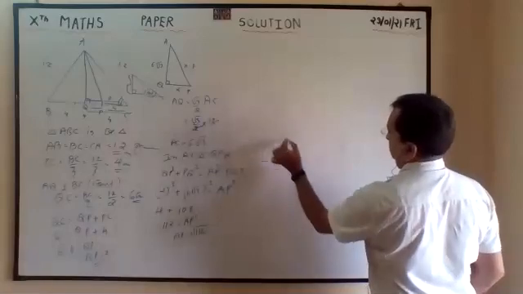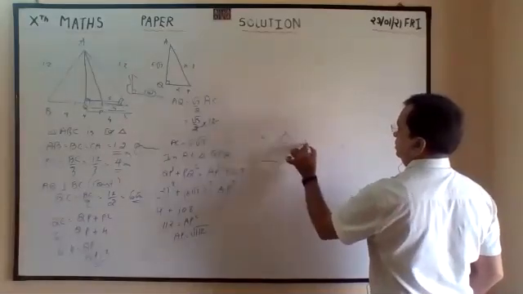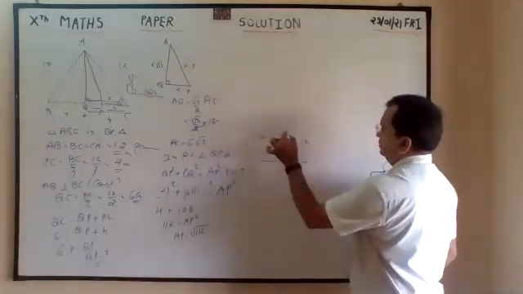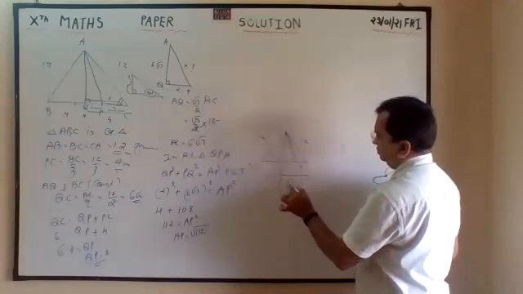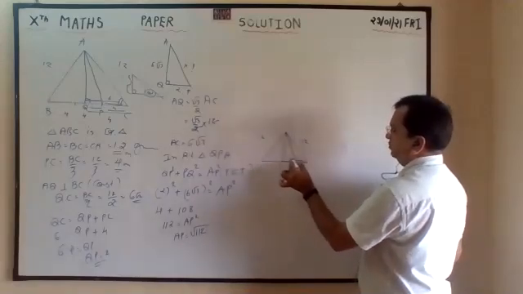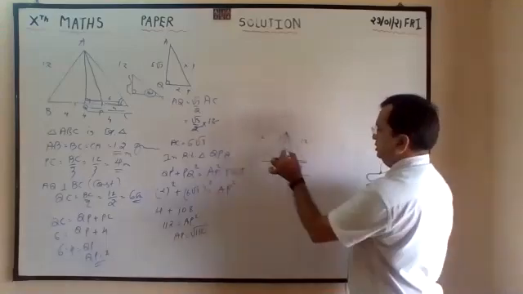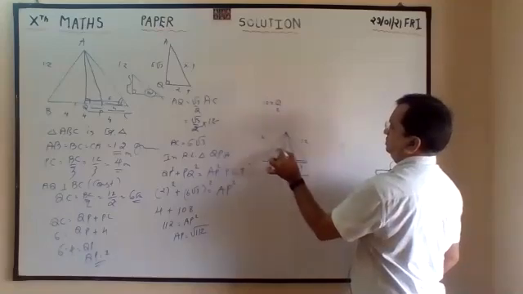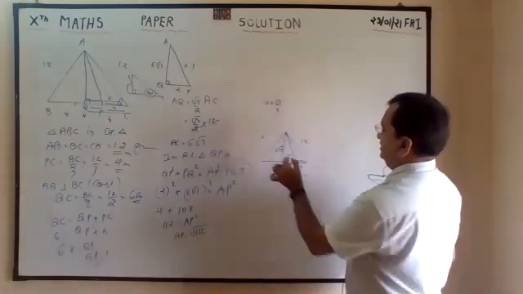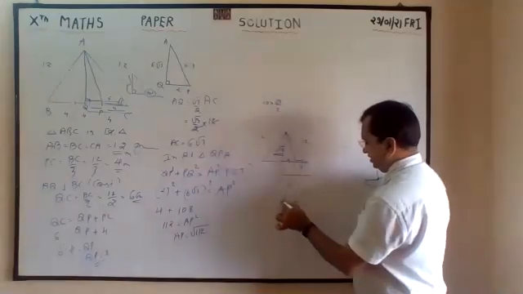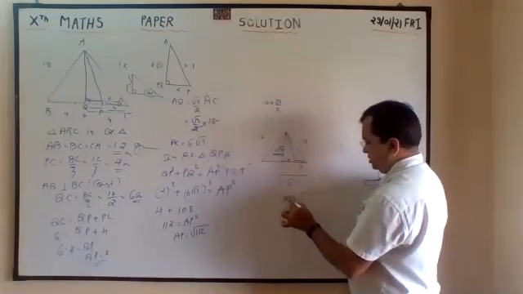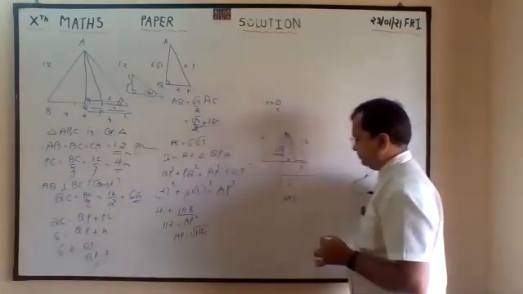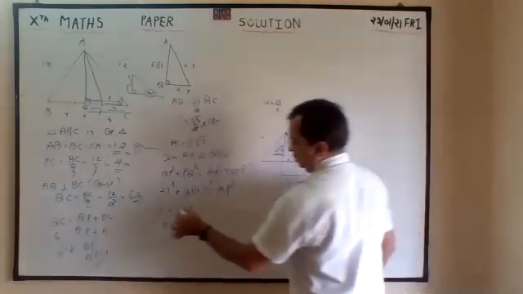Check all the measurements. These are 12. These are 12. This is 1/3. 4 3s are 12. This is half. So 6. 6 minus 4 is equal to 2. And this is 12 into root 3 by 2. So 6 root 3. 6 root 3 square. 6 6 are 36. Root 3 3. 36 3s are 108. And 2 2s are 4. Add.